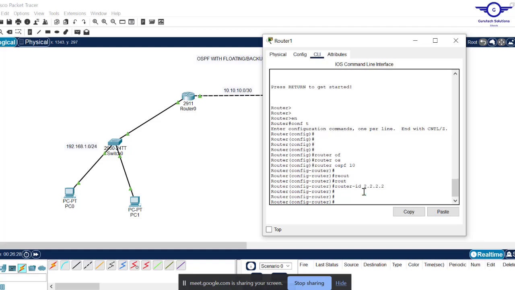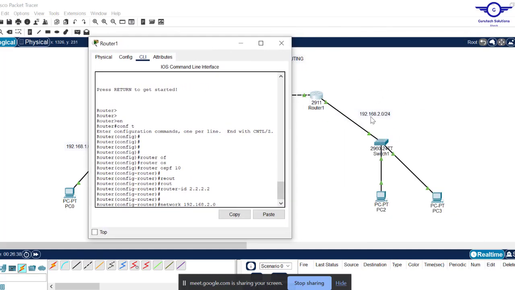So let's advertise the networks. The networks that are here, network 1 is 192.168.2.0. Now, what's the subnetwork of this one? Yeah, on this side now. The subnet mask is /24 notation. /24 notation is equivalent to